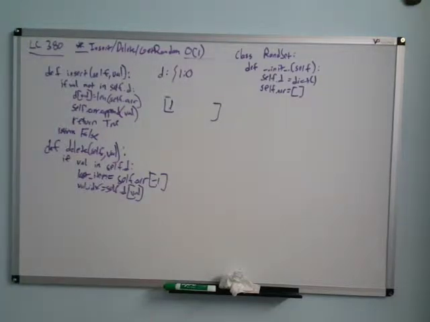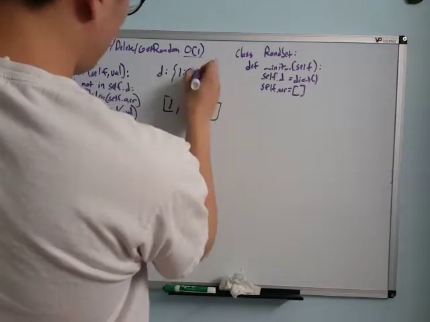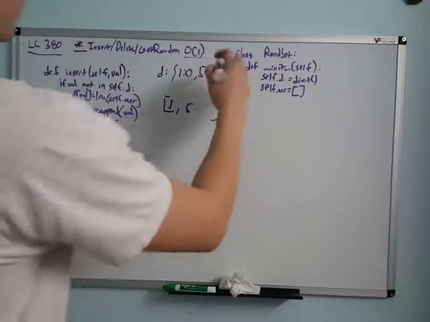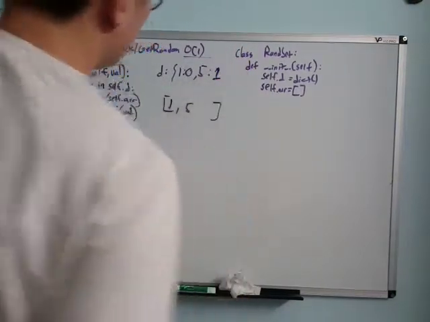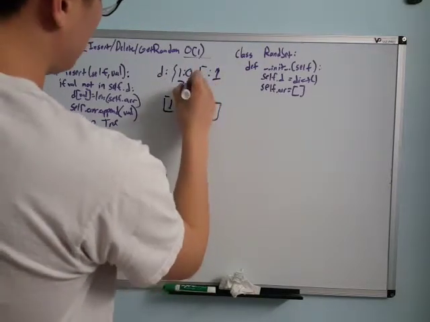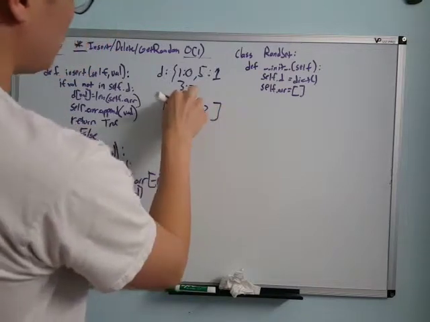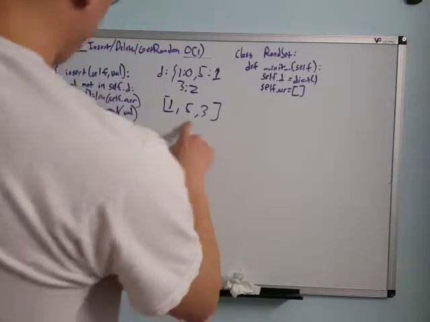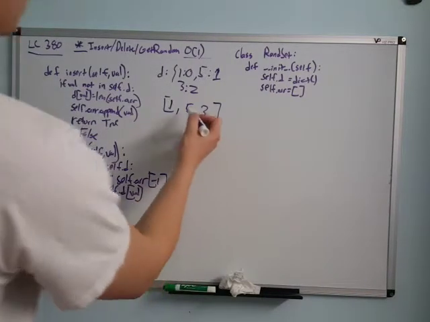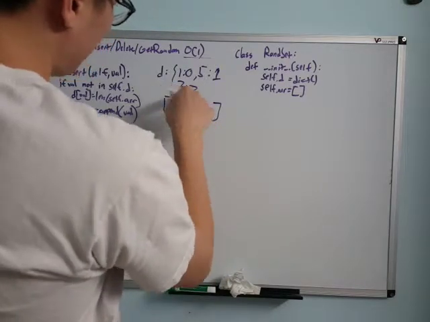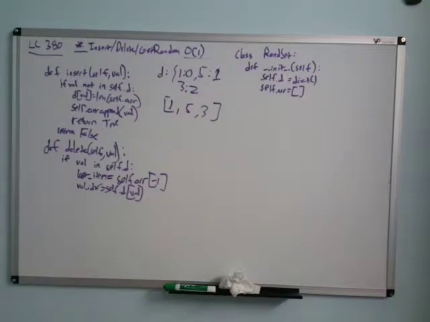And then let's say we want to add 5 into it. We do the same. 5 is equal to the length of the array, which is now 1. That looks like it should be a 1. And then let's say we add a 3, equal to the length of the array. Right? So that's a simple example. And then when we want to remove an element, let's say 5, we can't just delete that and delete this, because 3 would still be at index 2. So we would need to figure out a way to